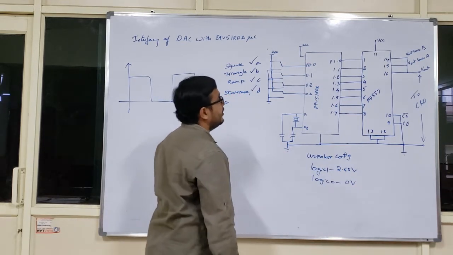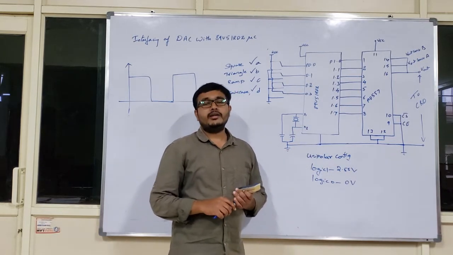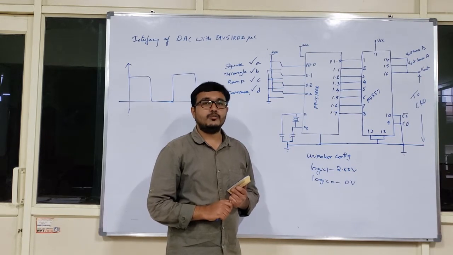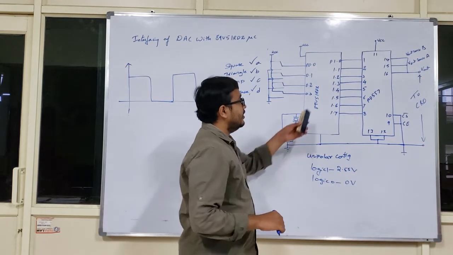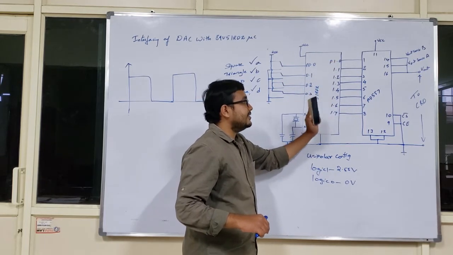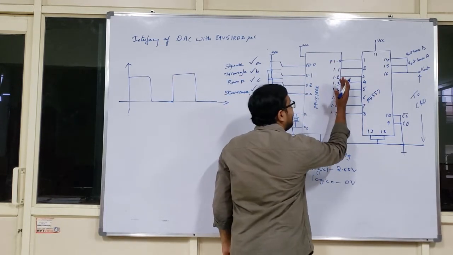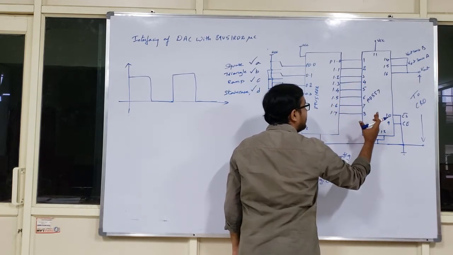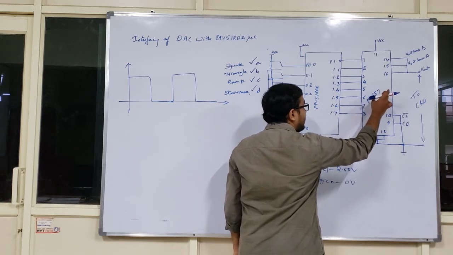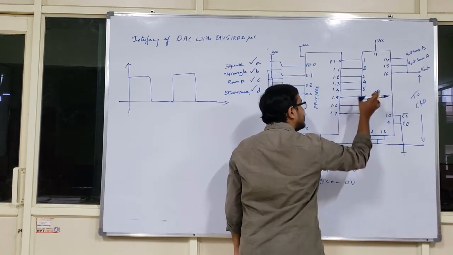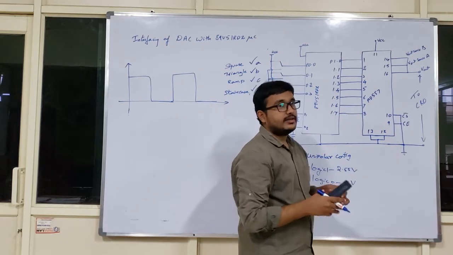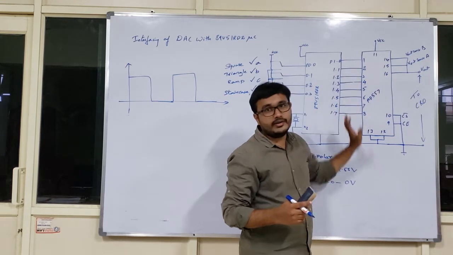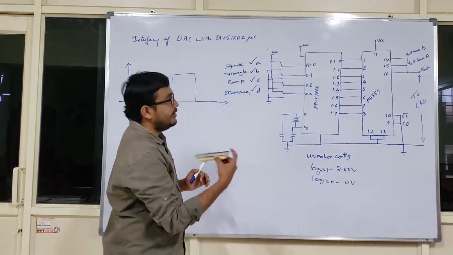Now you might have a point that the 8051 microcontroller is a digital integrated circuit. Then how can I generate the analog waveform or the analog output is the question. So port 1 is acting as an output port. This data, which is in a digitalized format, is given as an input for your DAC kit. This AD557 module or IC present in the DAC kit will take care of the conversion. The digital data is converted into the corresponding analog waveform according to the given data. Right. Now, how is it going to happen?